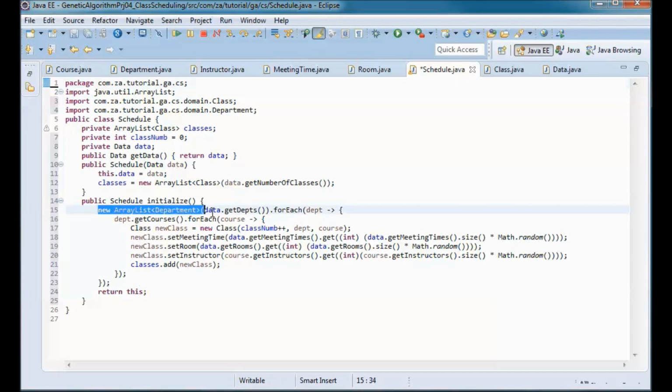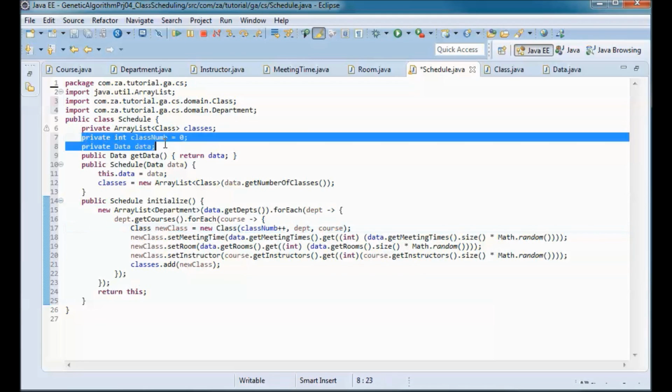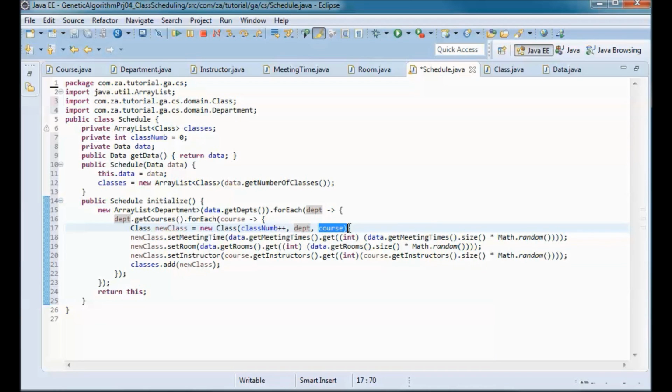So using the data to pick up all the departments, and picking up all the courses in each department, and for each we instantiate a new class using this class number counter, passing it in, and the department and the course.